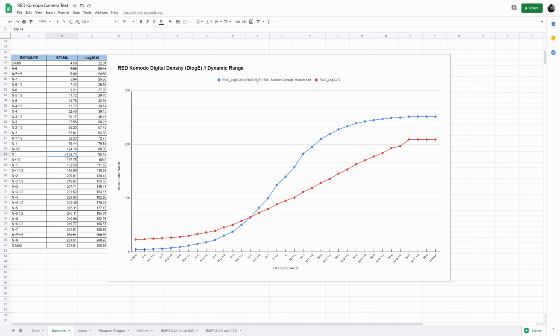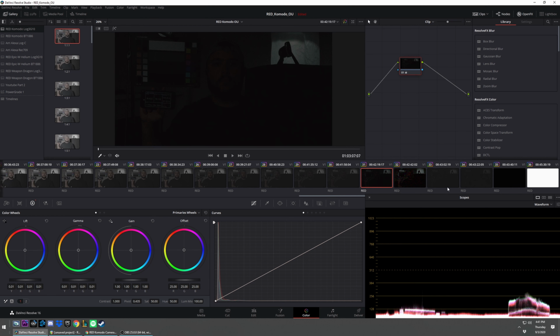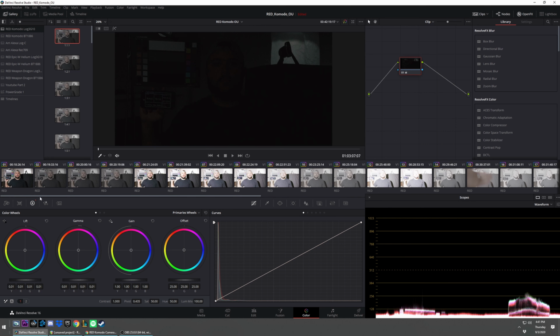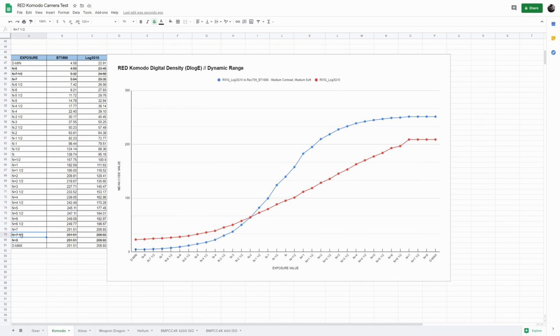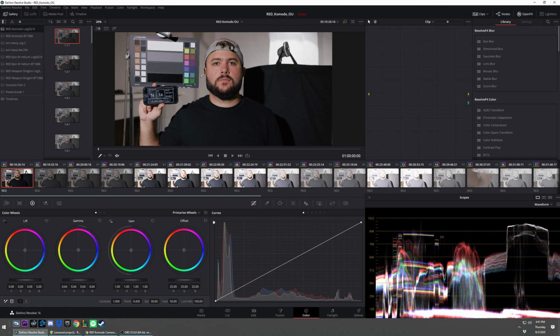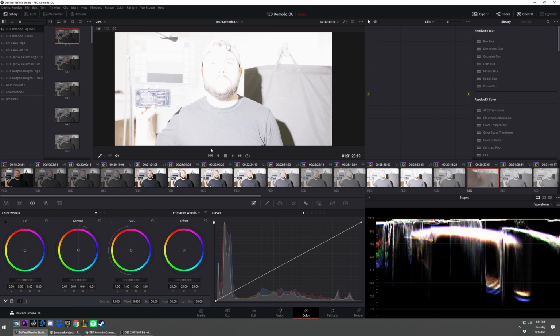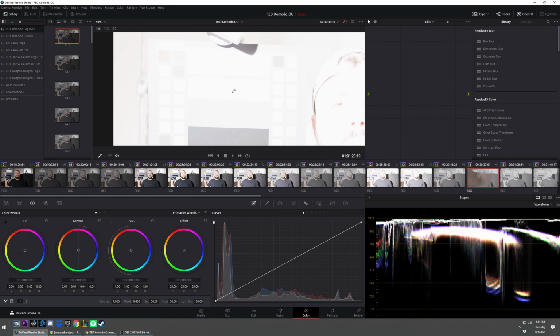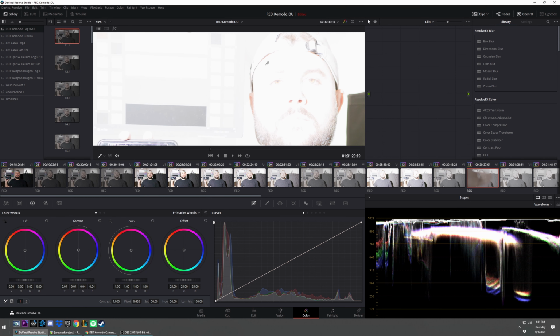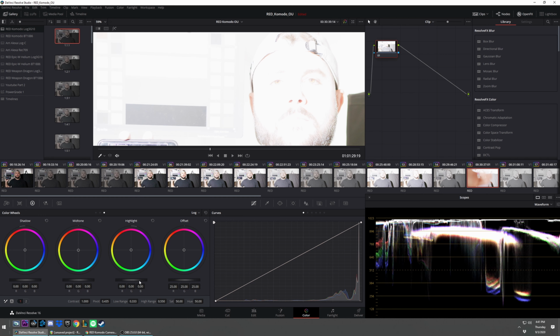So now let's go back to our highlights, our overexposure. So we'll start at middle N again. Let me clear any changes I did. So here's our neutral value, our N, and let's go to 7 stops over, because we know at 7 stops over, everything clips. And I believe this is +7. Again, you lose all detail here. You lose all detail in the face. And if we want to recover this in highlights,